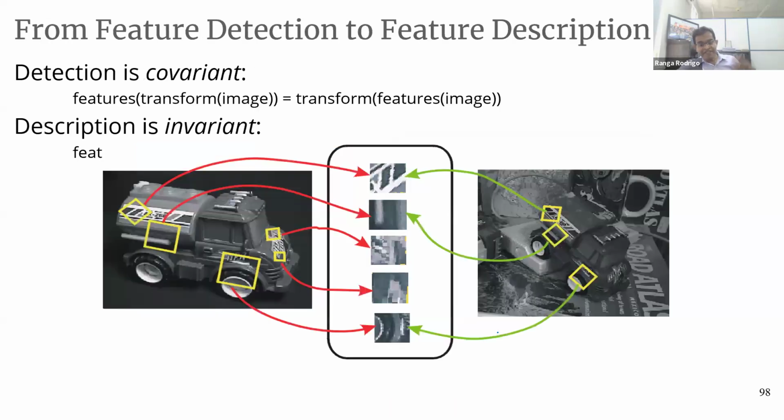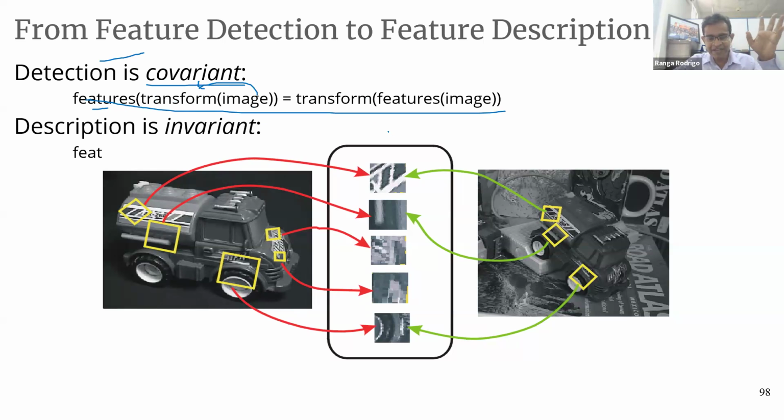Okay, so with this, these are descriptors. Now, with this, we can match. Detection is covariant: transform the image, transform the feature. So this kind of thing is okay. You transform an image using rotation or something and compute the feature. This is fine because we have understood that. Description is invariant